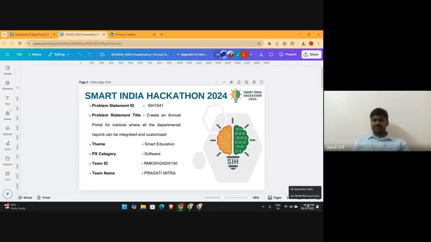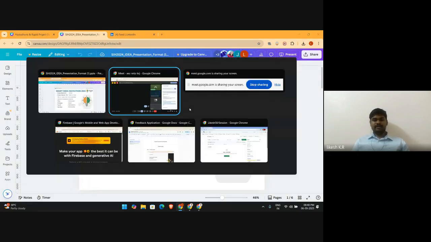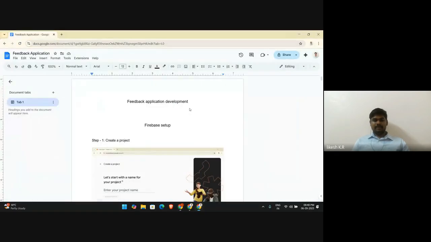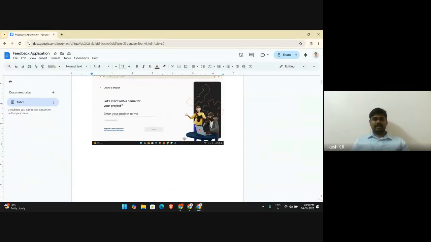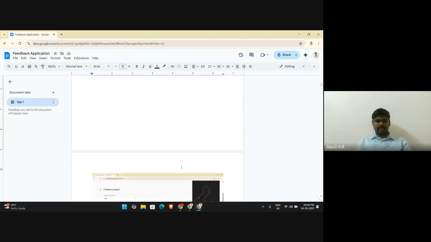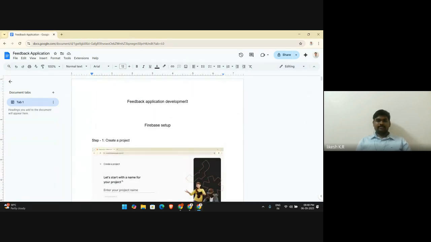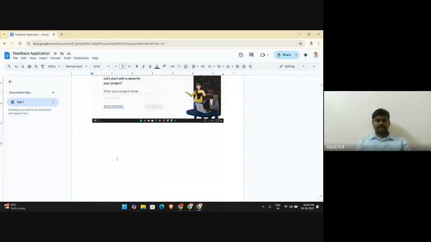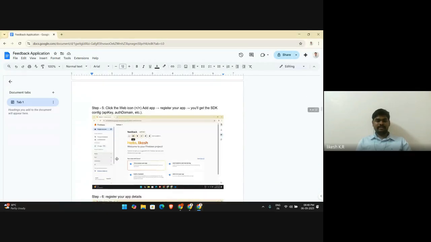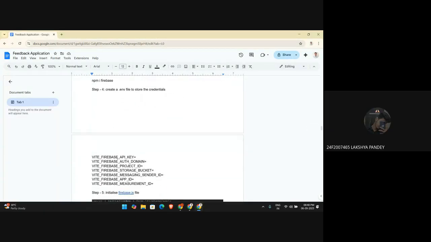Actually, we planned for 7 to 8:30, right? It has been 8:40. What I had planned was a small application development with this, but I think it takes about 1 hour. So I thought of doing this, but as the time is very short, I'll share this documentation link as well. I've specified each and every step you need to do to create an application.